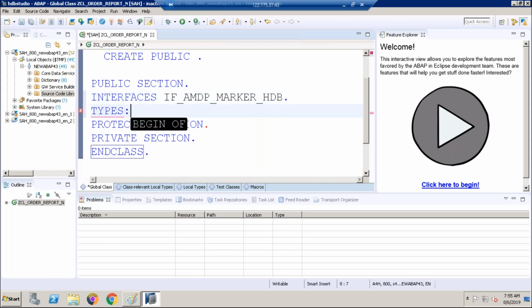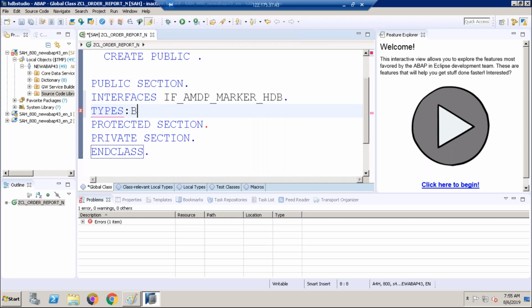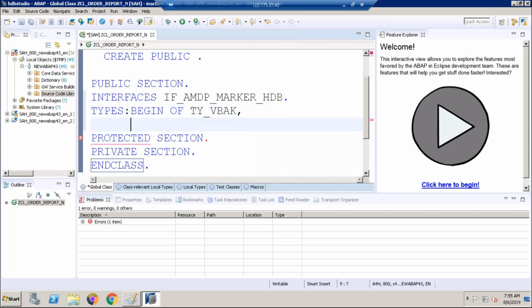Types, nothing but the structure name. So define a structure. Same as ABAP, guys, everything is ABAP, because it's an ABAP managed database procedure. The name itself indicates AMDP, ABAP managed, so most of the code will be similar to ABAP only.